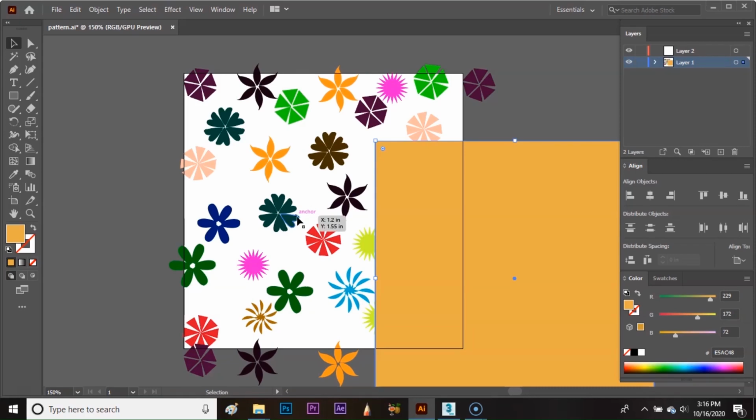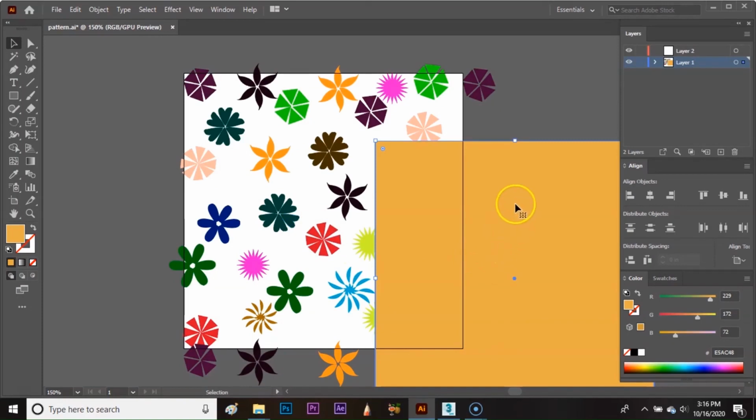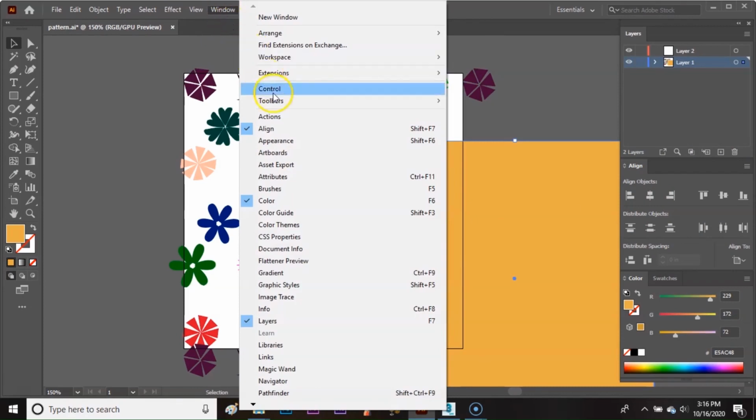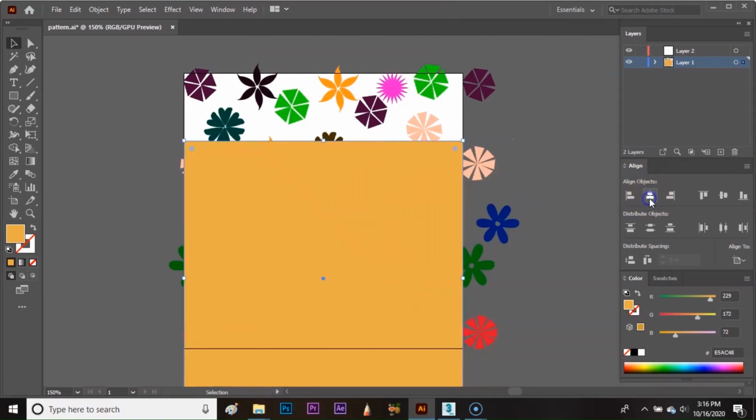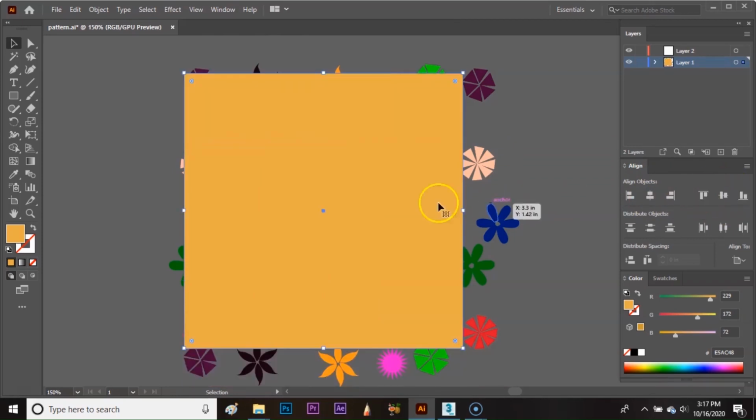To make sure that the background and artboard are perfectly aligned, I use the Align tool. If you don't have it in the toolbar, you can open the Align tool from the Window menu, and here, Align. I am just going to center it horizontally and then center it vertically, like this.